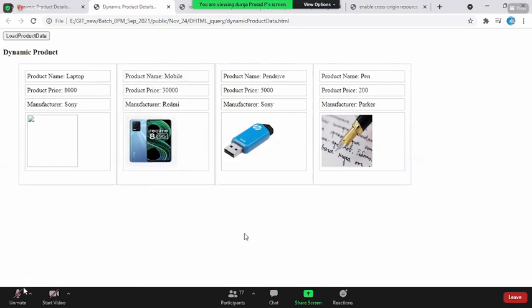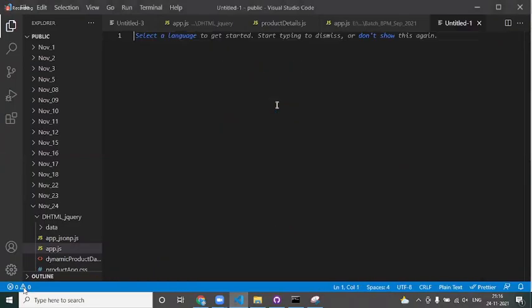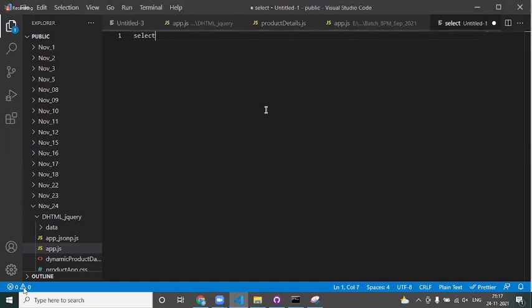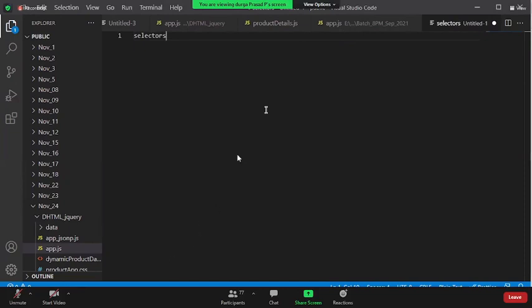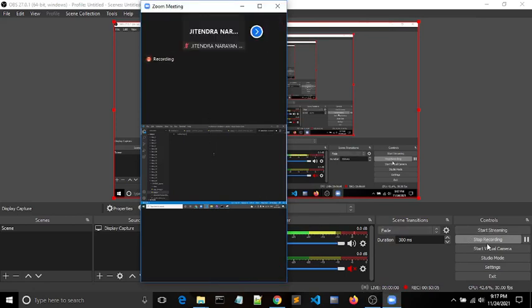Okay, nice, good. So coming to the next topic, when you go to jQuery, as I said, there are a lot of predefined methods. The very first thing you need to look into in jQuery is selectors. So till now, whatever topics we have seen in jQuery are actually not the main use of jQuery. Remember, when I said jQuery, its main intention is to interact with and implement the DOM operations, in order to simplify the DOM operations.